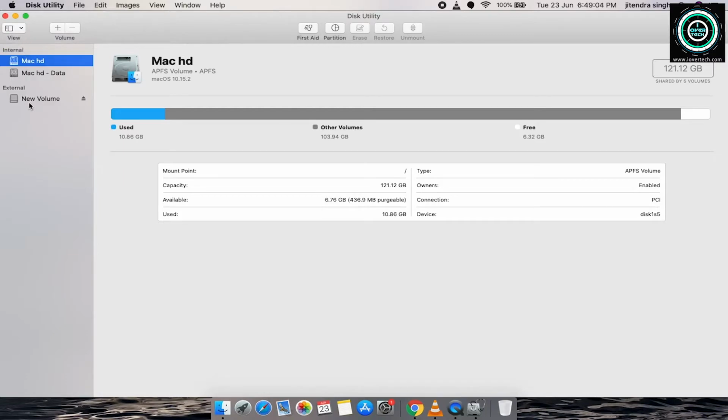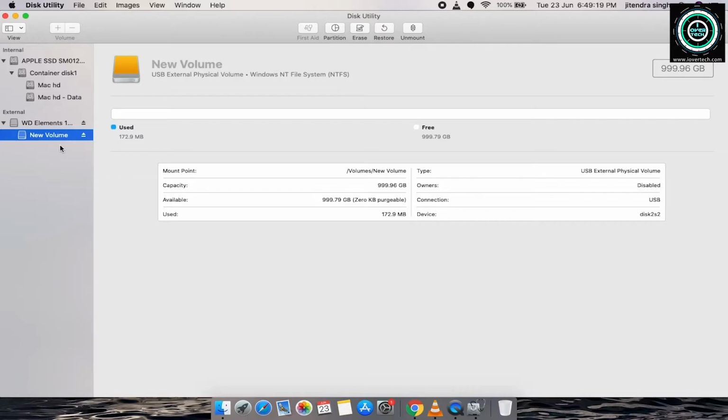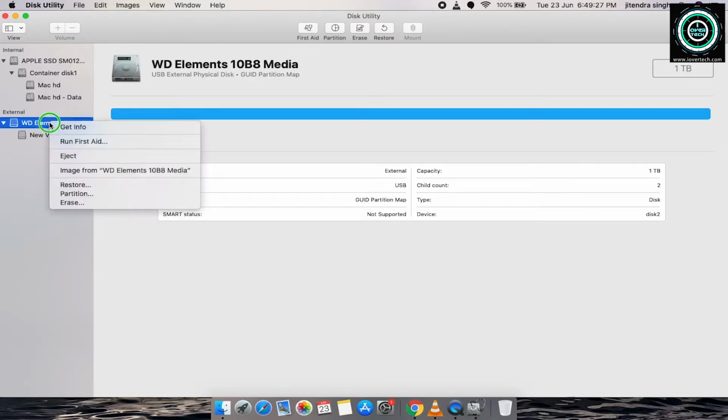From the left hand corner you can click on Show All Devices. Now you can see this WD10B8 media, and if you click on the volume, it will show you that it is a Windows NT file system, which is NTFS. Okay, so you can simply right click on it and click on Erase,